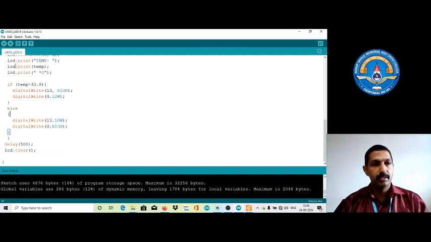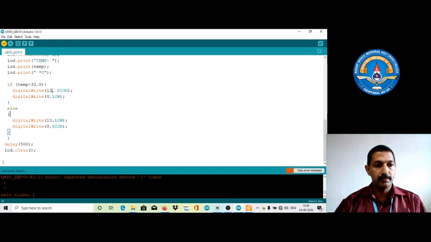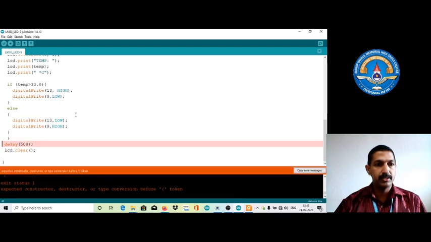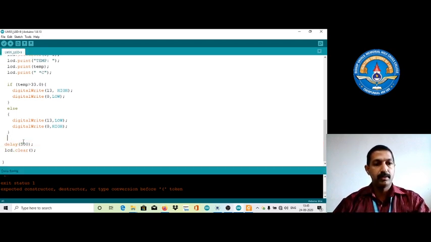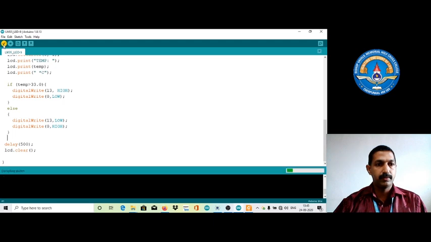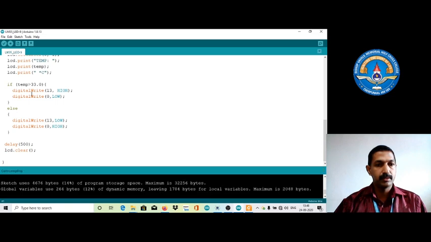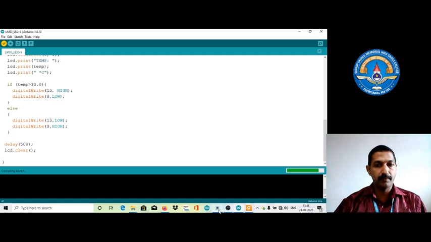We can save it using the compilation. There's an exit status, should be here. And saving. It's compiled. There are no errors. We can execute with the export compiled binary.